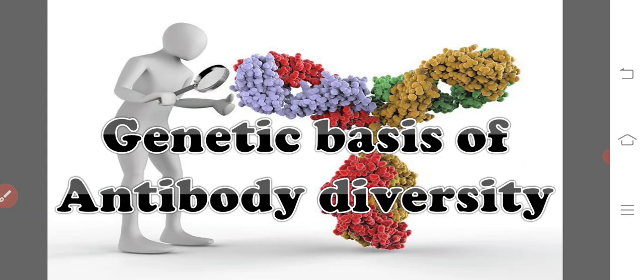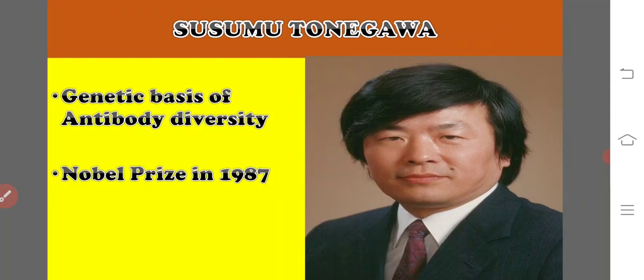The first key finding was that the variable and constant regions of an immunoglobulin molecule were coded by different genes. In fact, many different variable region genes can be linked up to a single constant region gene. The combining of variable and constant region genes considerably reduces the amount of genetic information required to encode different antibody molecules. A subsequent finding by Susumu Tonegawa, the Nobel laureate, was